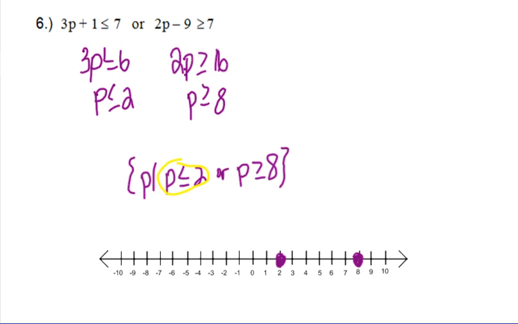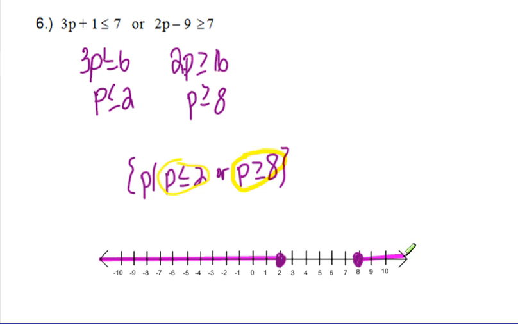Since p is less than 2, we're going to be shading to the left. In my second inequality, p is greater than 8. So we are going to be shading all the values to the right of 8, which are greater than 8,